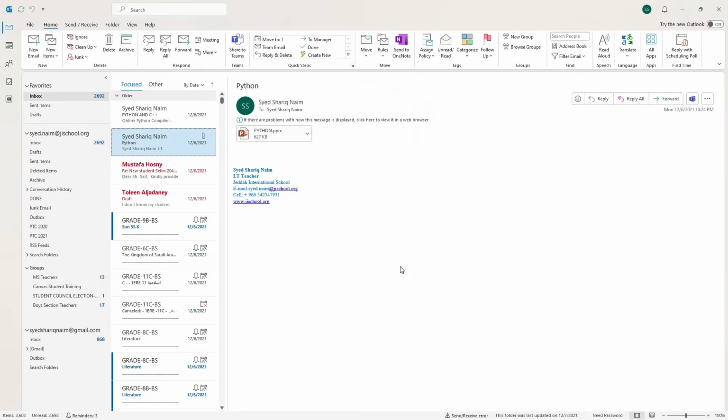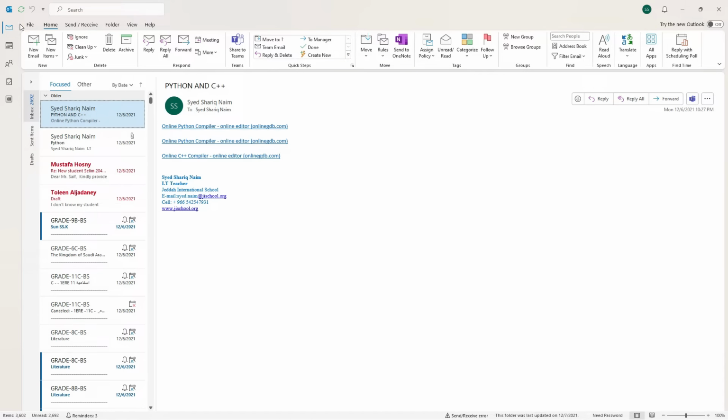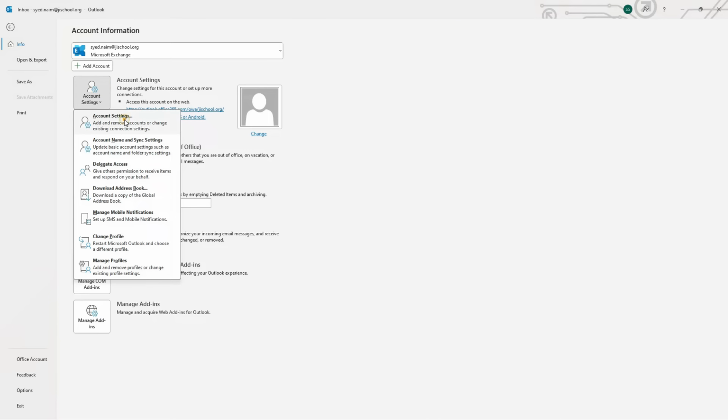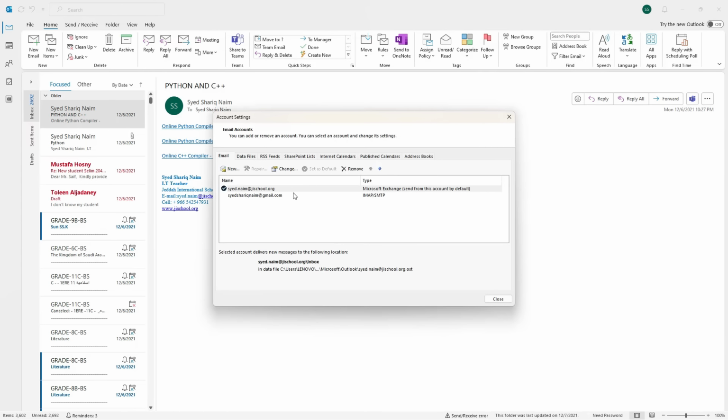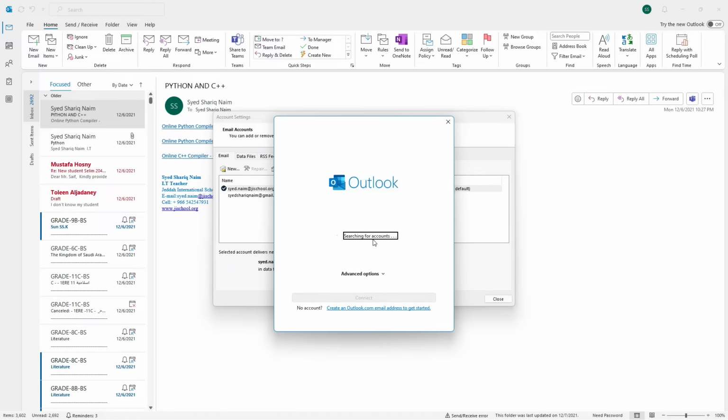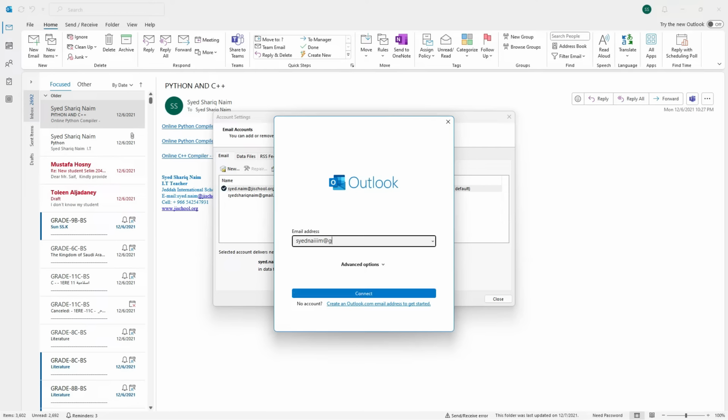I will close this. Now like this, if I have to add another account, again I will click on file, account setting, and then suppose this time I have to add one Google account. I will click here. I write here my Google account, press enter.